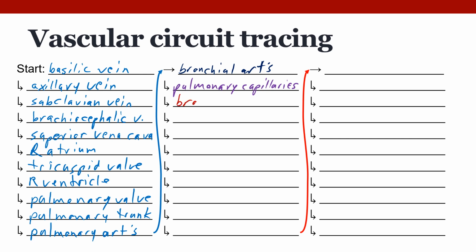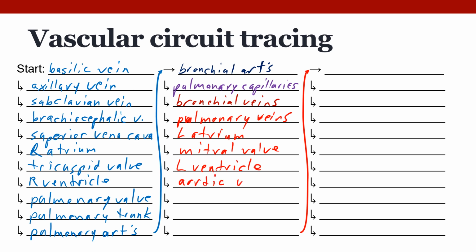Then we have bronchial veins, and then pulmonary veins, which bring us back to the left atrium, the mitral valve, the left ventricle,